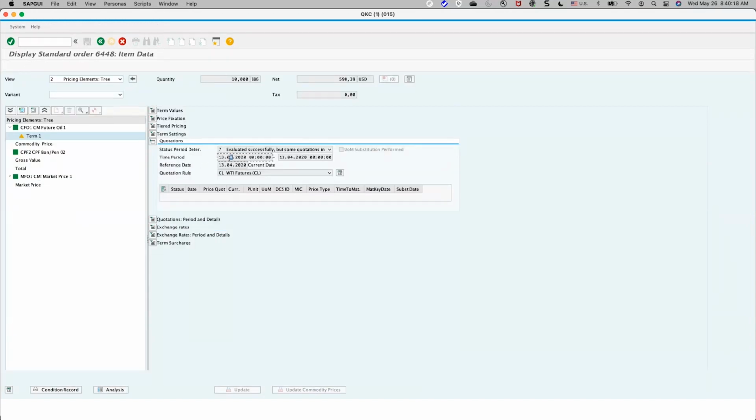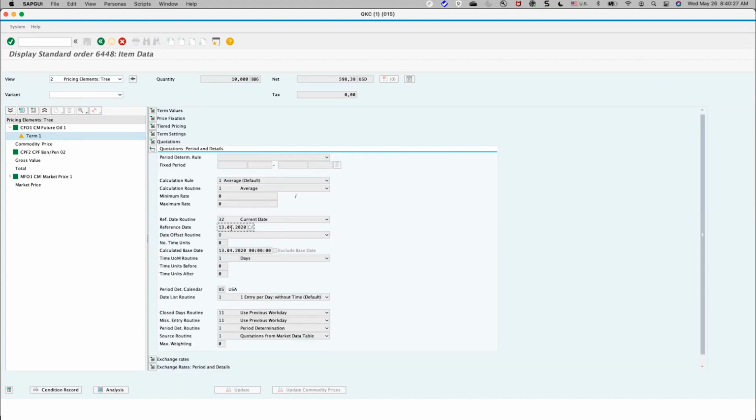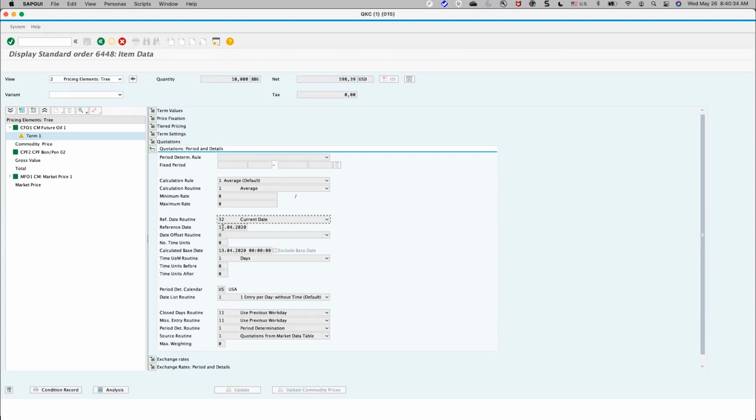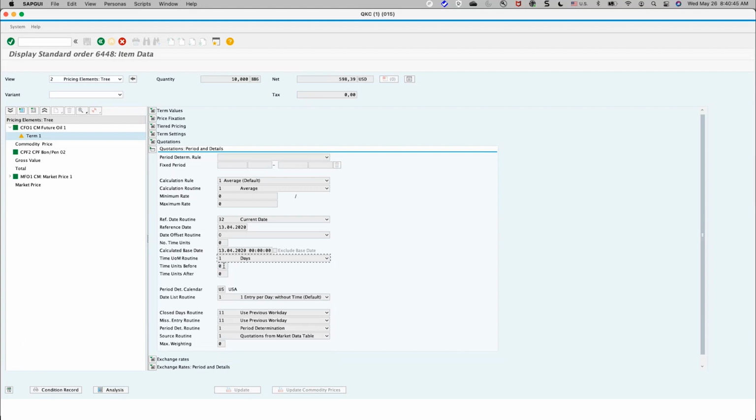Okay, so the time period was 13/4/2020, and how is it determined? It looks at the current date, and this current date was 13/4/2020 on the day when this document was created. So it brought in the date, and then it says the calculated base date is 13/4, and then it's doing nothing. I mean, although the selection days is days, there is no days here. And in case of close days, it would have used previous workday or previous